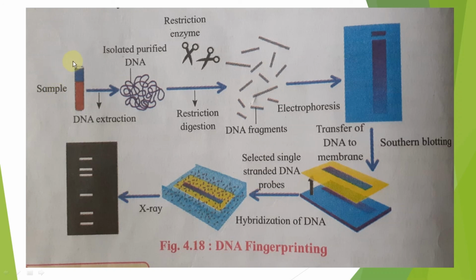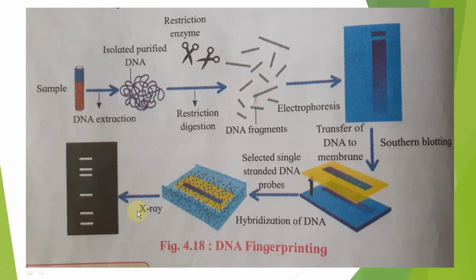See what we are doing here: we are collecting the sample DNA, isolating it, and cutting it into fragments. Those fragments are kept on the agarose gel. They move towards the positive end and get collected. Then these bands are transferred onto the nylon membrane or nitrocellulose filter paper. Then band formation takes place. Then the double stranded DNA is made into single stranded by alkali treatment. Then Southern blotting takes place.